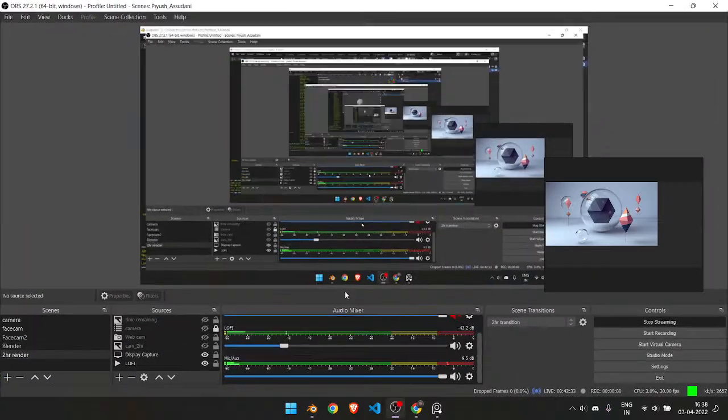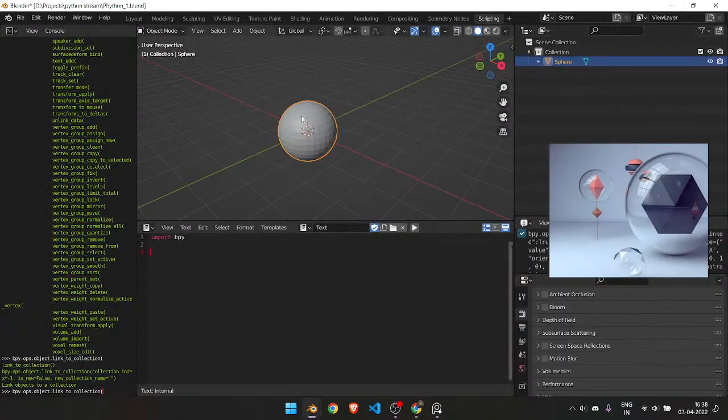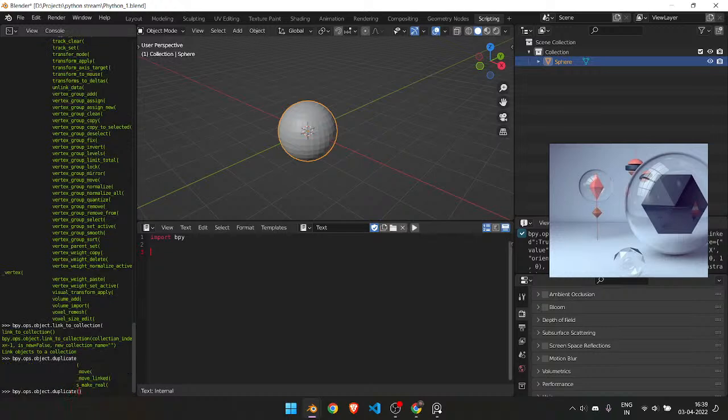Boom, boom, boom. All right, so we have imported our first object. We have also figured out a way to duplicate that. Now let's figure out a way to scale these to these heights. I guess it's around 0.25 of this. So whatever the scale of this is, we have to bring the scale down to 0.25. So bpy.objects dot, what? We have to run the copy command, right? We have to run the duplicate. So we just go duplicate, and then we just say